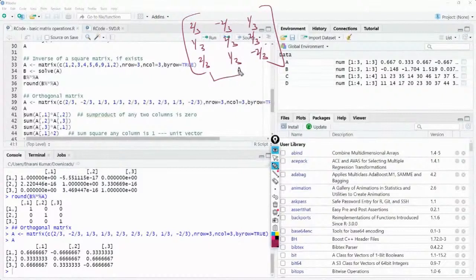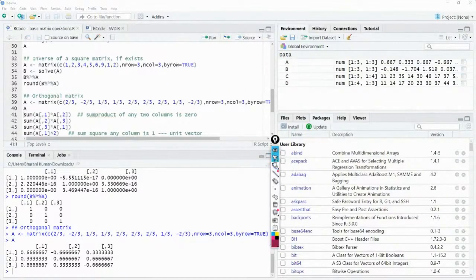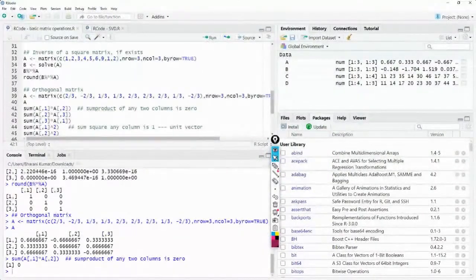And what is the property? If you multiply any 2 columns, that is, you take this matrix A, all the rows of the first column, so that means just the first column, and you multiply it with all the 3 rows of the second column, and when you add them, when you do a sum product, what do you get? 0.